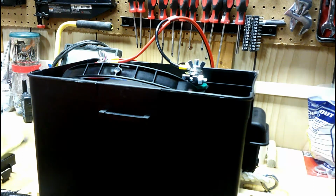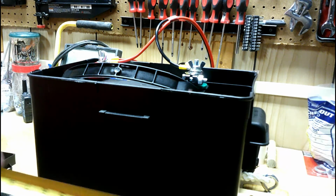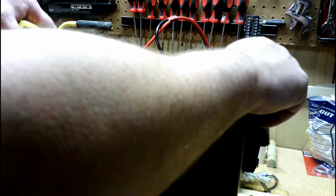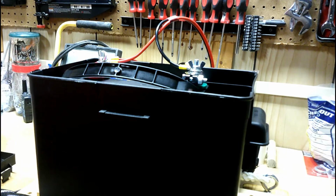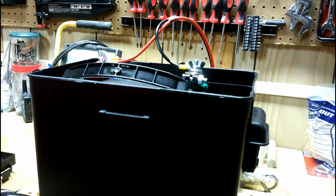So some of those lithium ion batteries that are like 4 inches by 4 inches by 4 inches, I could easily put almost 3 of them side by side by side. I could probably configure almost 3 of those with the depths and everything I got in here. Find the right amp hour one. I was thinking anywhere between 16 to 20 amp hour. I could hook 3 of them up in series in here,